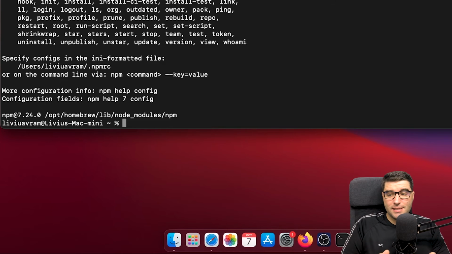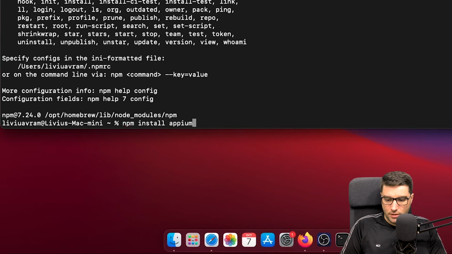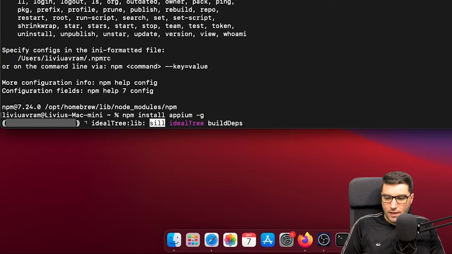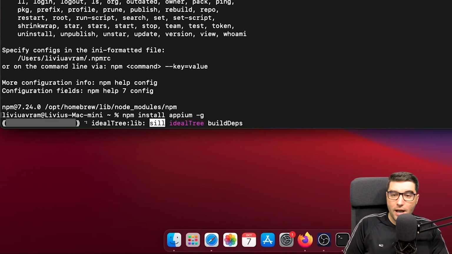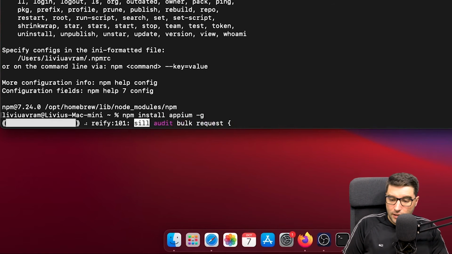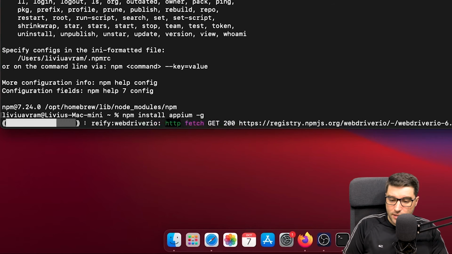And this is the same procedure like on Windows, where we do npm install appium -g, and we will have a functional appium instance after this installation.